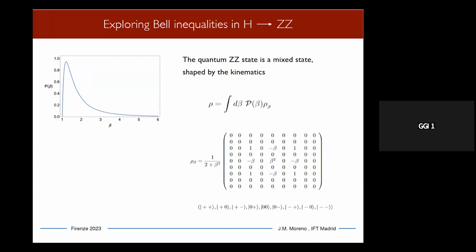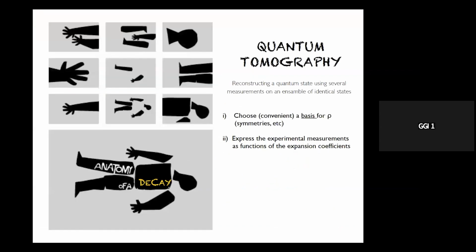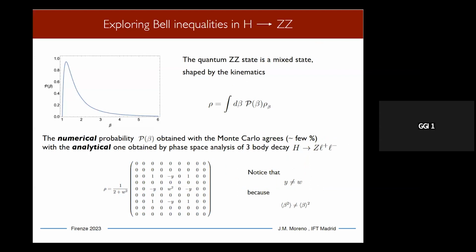That is the simplest one because it's just a scalar coupling to 2 vectors, and then the kinematics is the kinematics of a particle that is the Higgs. In a very good approximation, if you consider that one of the Z bosons is on shell, it is the kinematics of a 3-body decay. So you could evaluate that by hand. If you are bored one of these days, then you could just sit down and evaluate that analytically. So this is a case where you can calculate from the very beginning what your density matrix for this state is, and then you will get that result.